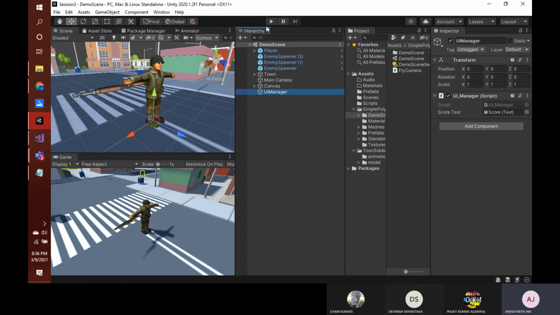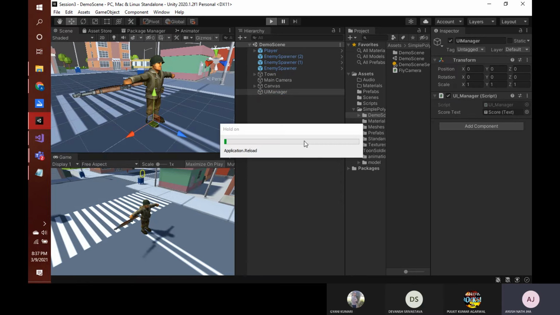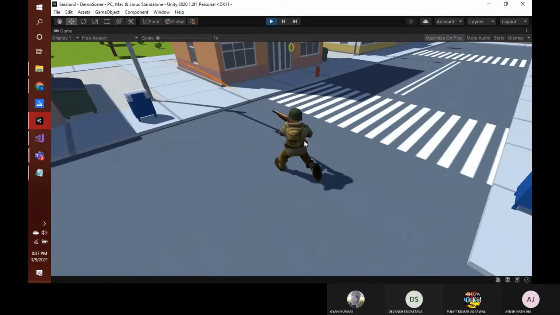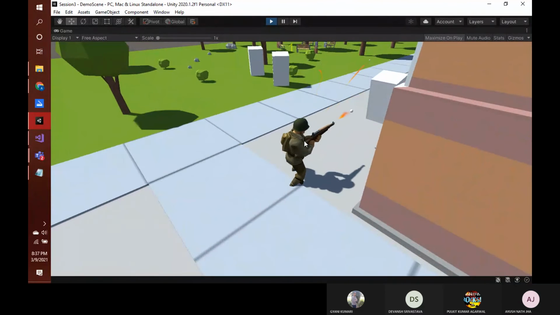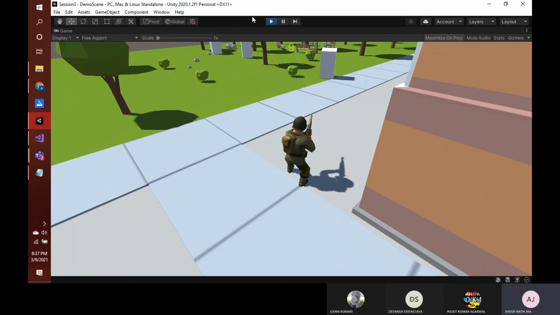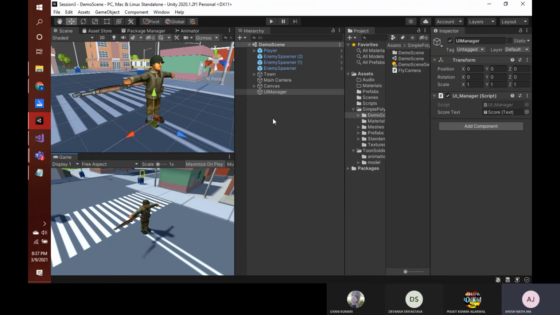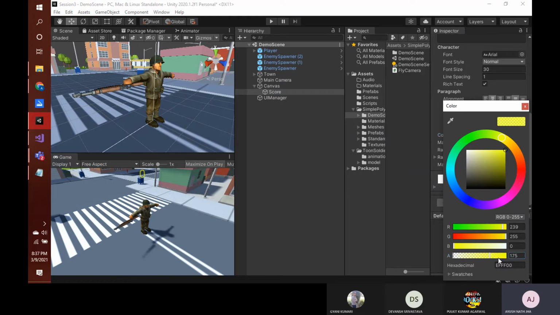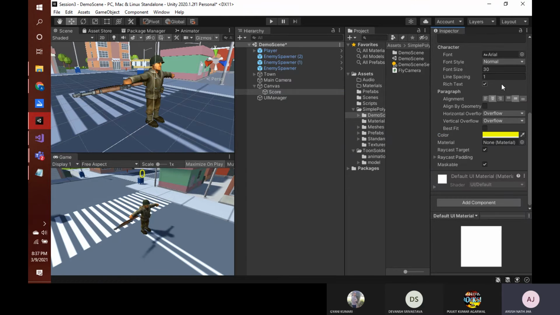And now if we play and try to hit the enemies, I guess the score should work. Yeah, score is working. But the score is a bit light, so let's just change its color. Score's color, yeah, canvas score. I think the transparency is too low, so let's increase the alpha to 255. Let me also change the font size to at least 40 so that it looks a bit bigger.